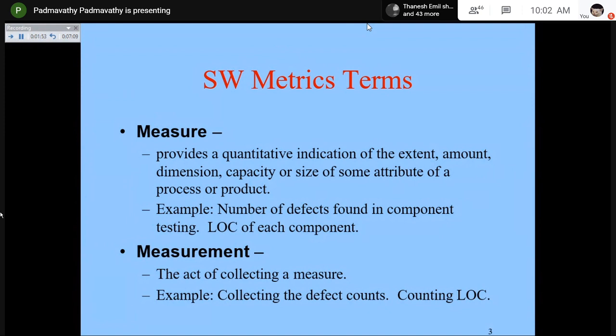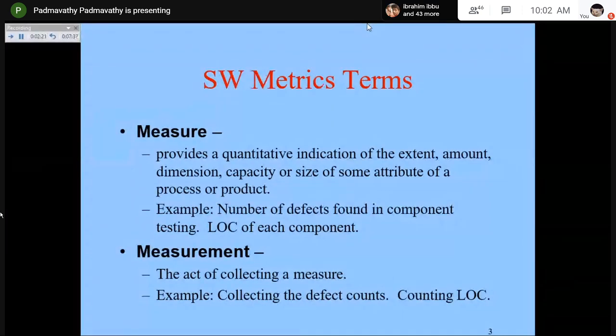So vegetables, okay, how do you measure the vegetables? In kg, right? How is the measurement taken? It is taken by a weighing machine. Similarly, how the length of a cloth is identified. It is calculated, the measure is meters, but how the measurement is done? Using a long scale, measurement scale, right? So this is the difference between measure and measurement.